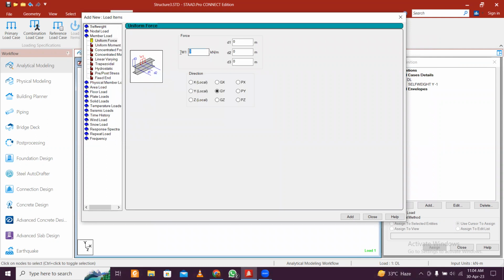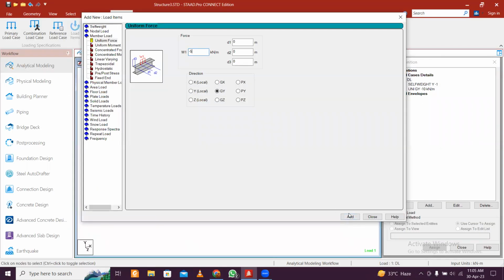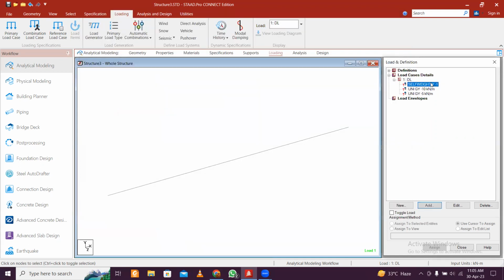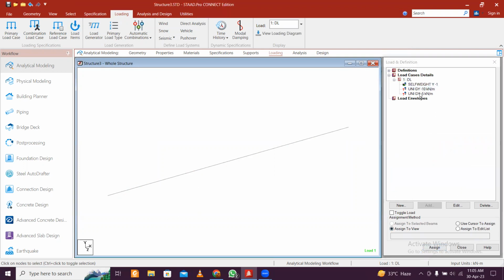So in kilonewton per meter, it will be minus 10. Okay, add, and another one is minus 5, I think. Yeah, it's minus 5. The minus is because it is acting from top to bottom. Add and close. And then self weight, we'll just click on assign to view, assign, and yes. And the minus 10 load. For the minus 10 load, just click on this load and click on this member, and then assign to selected beams, assign, and yes. And minus 5 load, select this beam, this portion, and